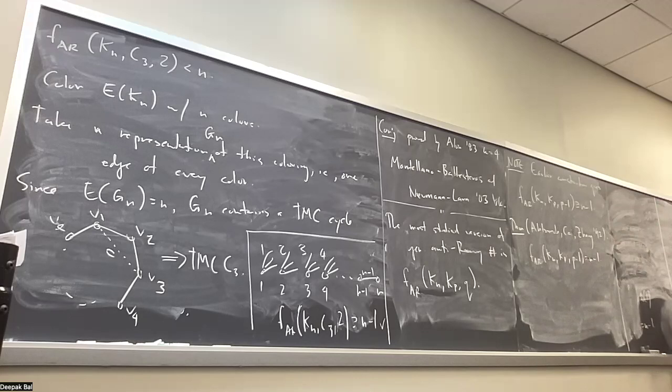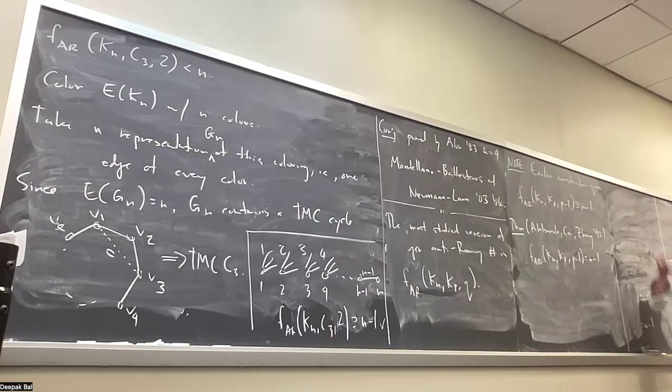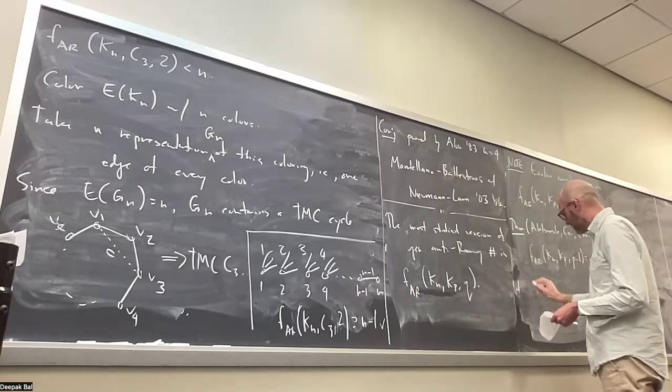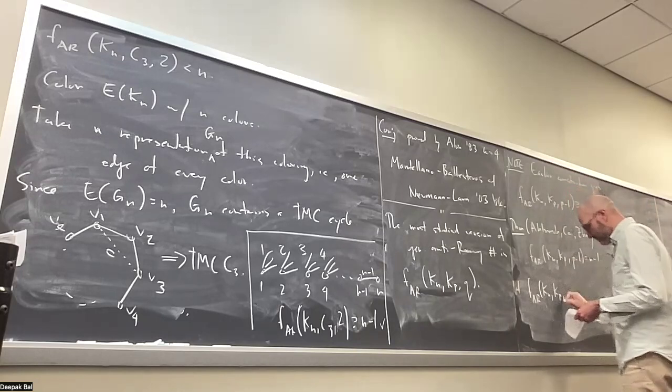So I'm going to write it down carefully, but I'll kind of explain what I want to see out of it. In this case, Kp has p choose 2 edges, right? And this is much less than the total number of edges in the graph. So this is quadratic in p, the number of edges in here is quadratic, this is linear. If you are interested in getting closer to a quadratic number of edges, which is getting closer to the actual anti-Ramsey number, then they had another result,